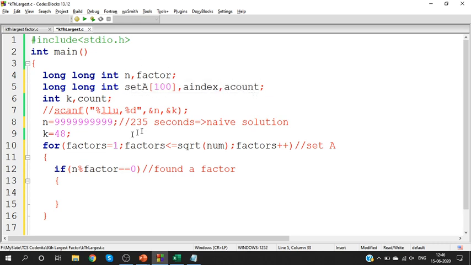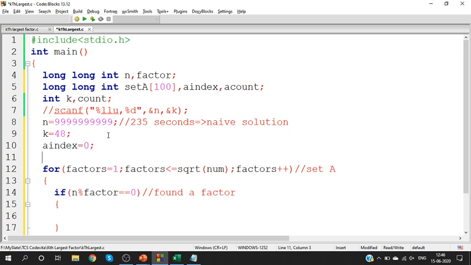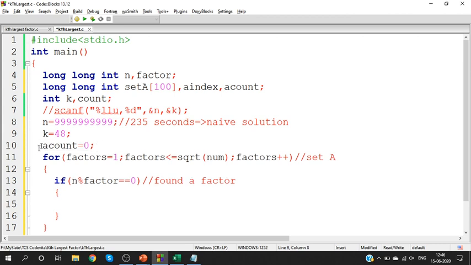So what is the initial index? Initially, index is set as 0 and count is also set as 0. Guys, instead of using two variables, you can use one variable also here. Okay, but I don't want you to get confused. So I'm using two variables. Okay, so index value and count value, or we'll finish off the program only with count itself. Okay, just have count value. Yes, so initially we don't have any elements, so count is 0.